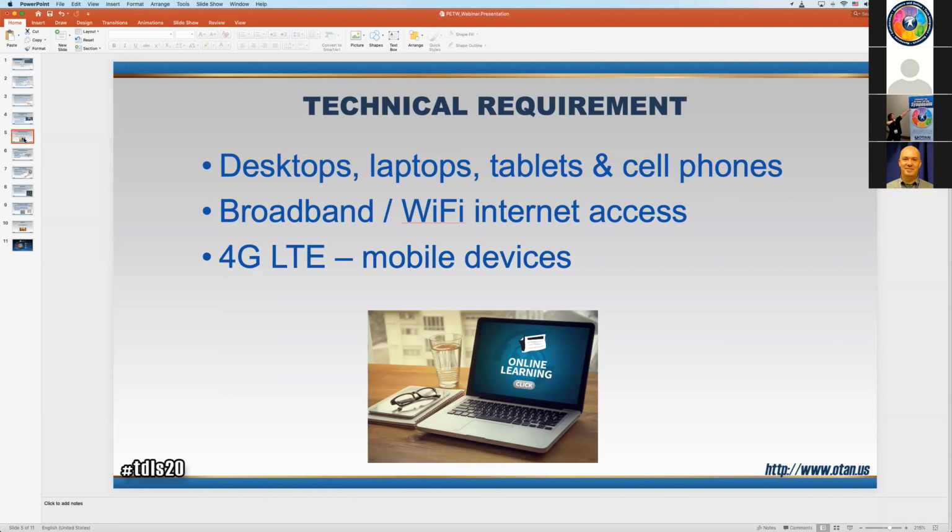Technical requirements. They used to be a hurdle, not so much anymore. Most of our students have internet, if not at home, definitely on their phones. And the website, the videos, they work great on iPhones and Android phones, okay?